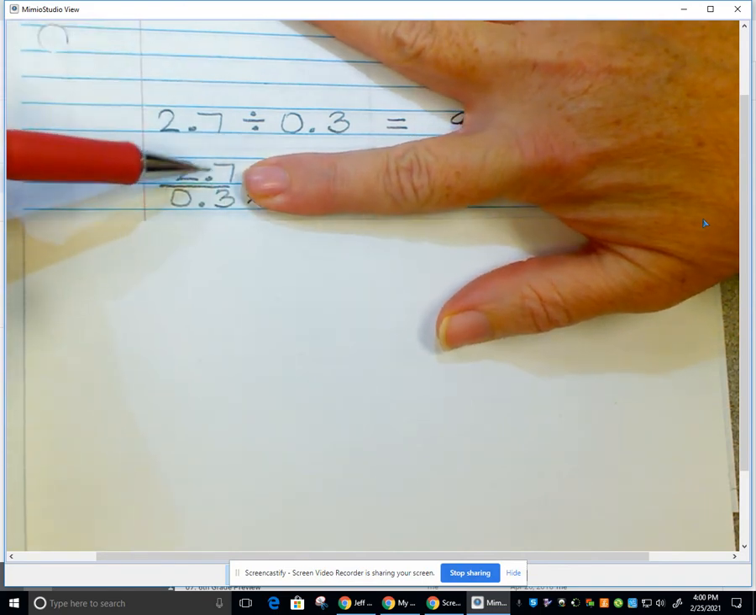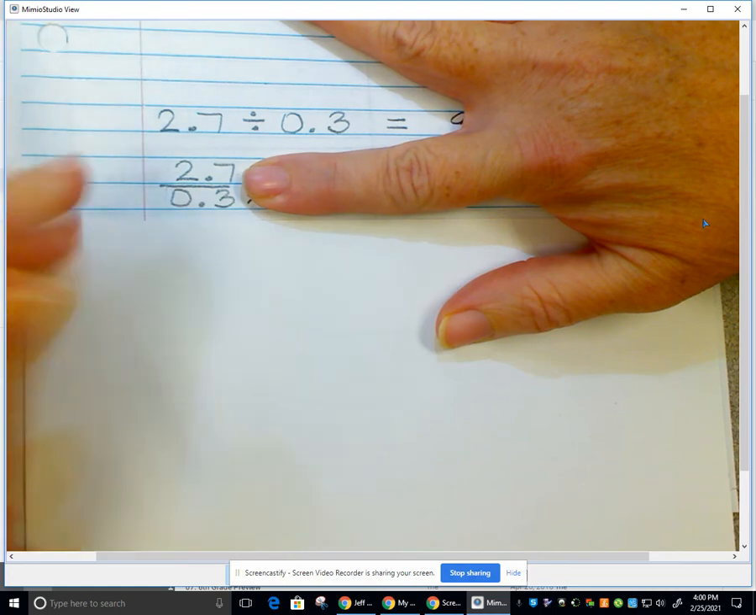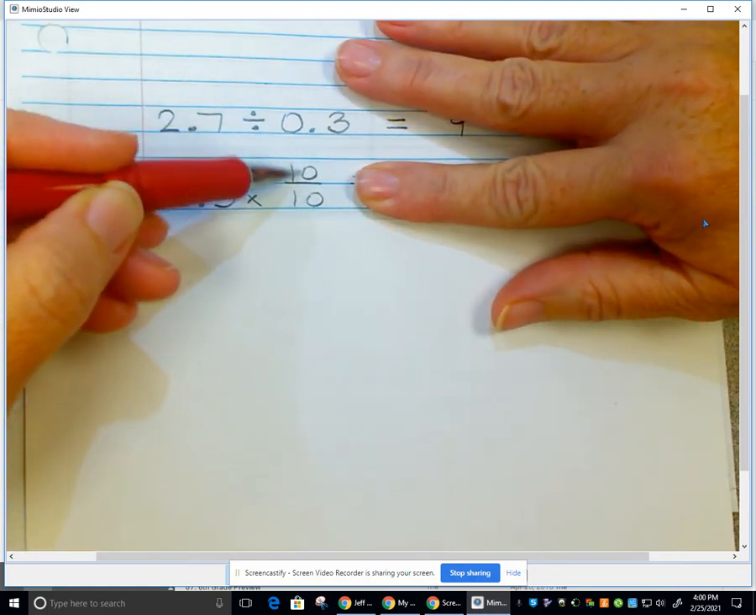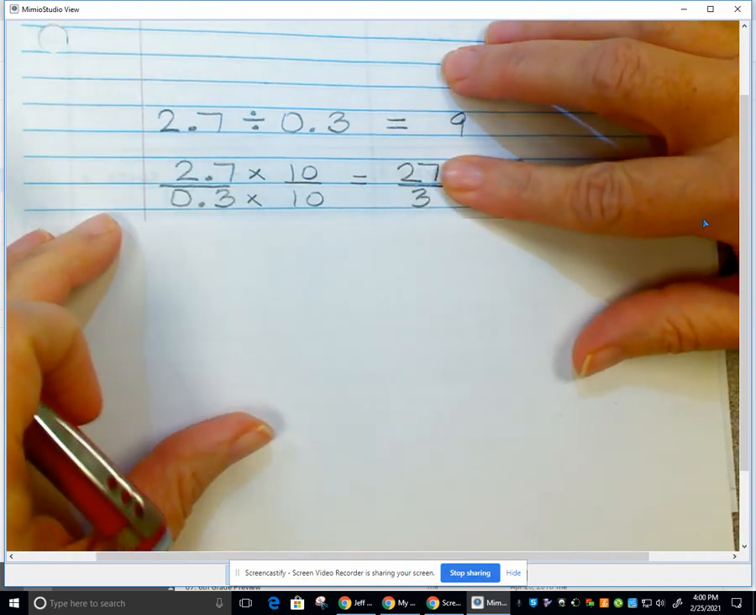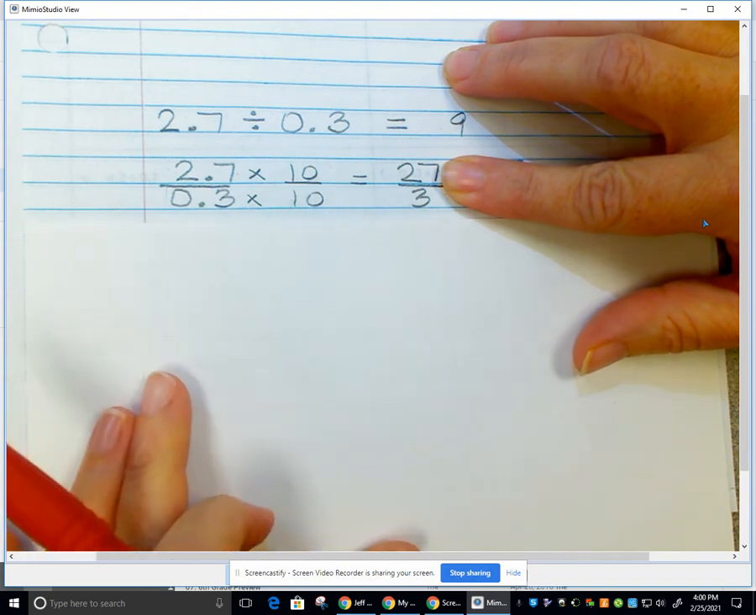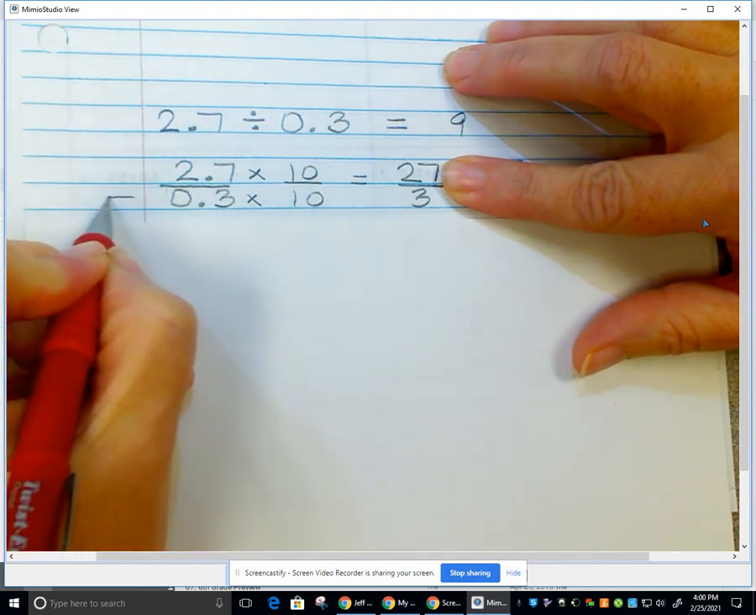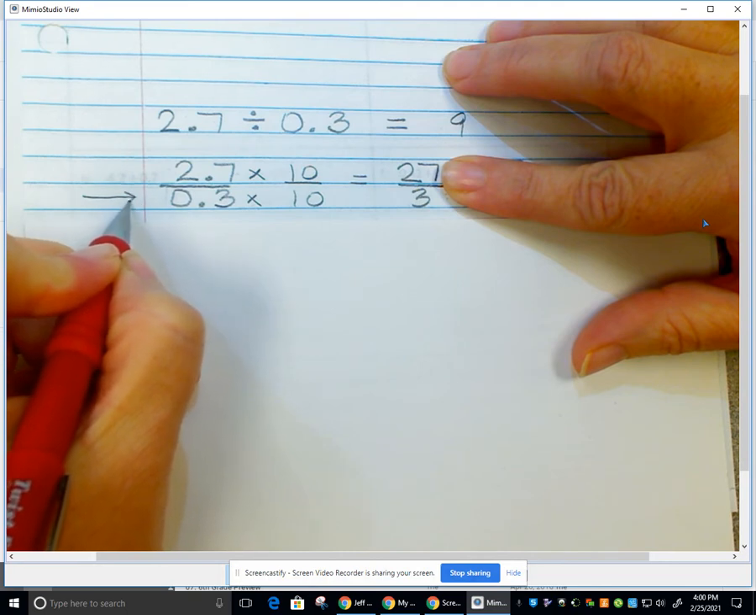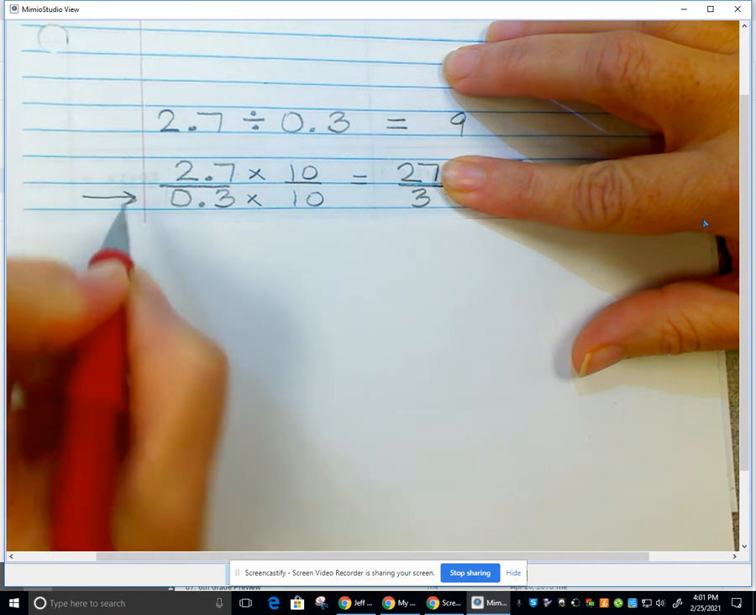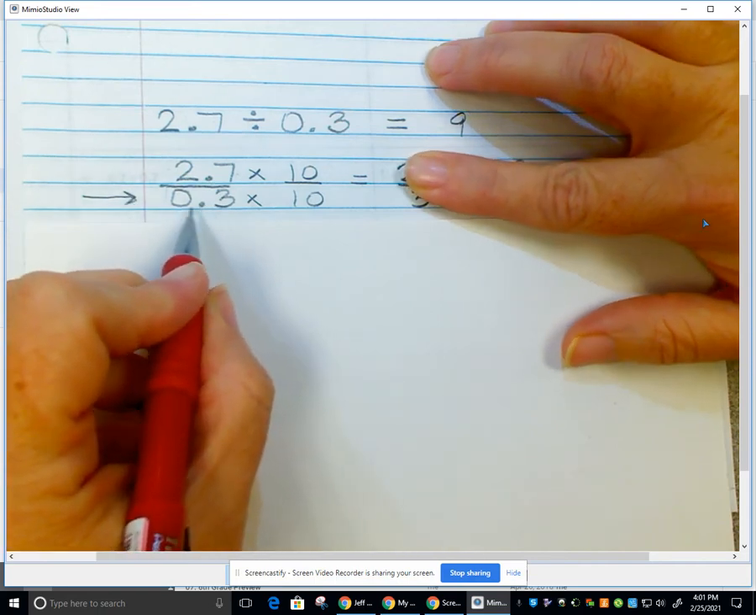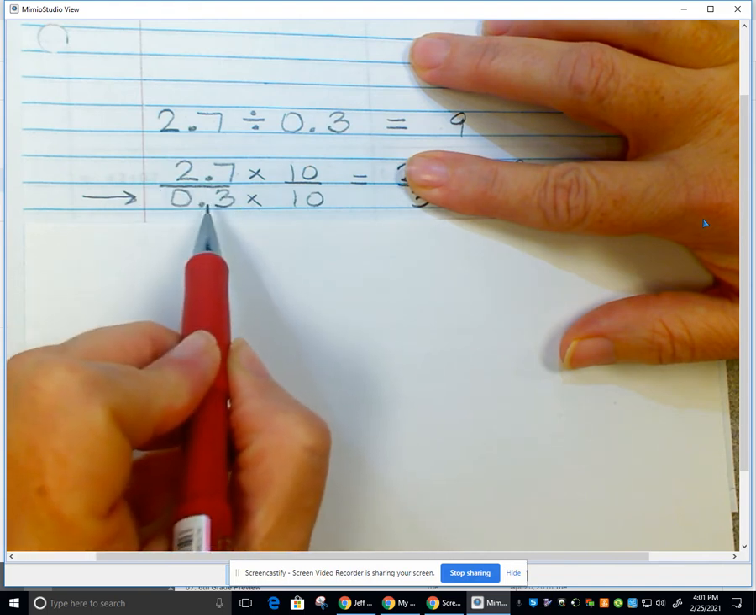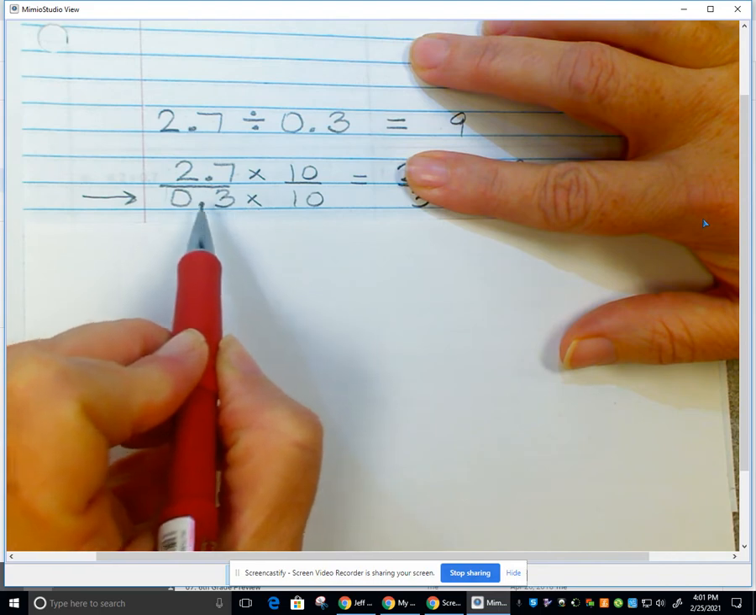I said 2 7/10 divided by 3/10. I made each number 10 times bigger. And by the way, the reason I chose to make them 10 times bigger is this is my divisor. This is going to be my divisor at the door. This number right here is in control. It runs the show. If I want this to be a whole number,